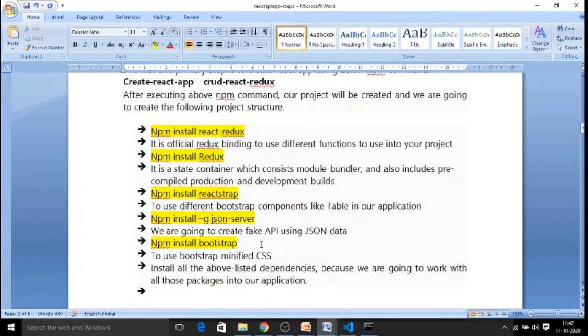In part 2, I am going to show you the same integration with the JSON fake data using the Thunk library and the Axios library. But this is a plain Redux application where we are not using any additional library other than Redux. Clear? This is the set of libraries you need to make a note of, and these libraries have to be installed for our application.